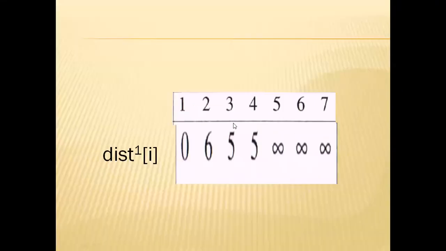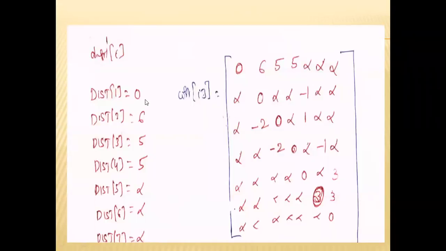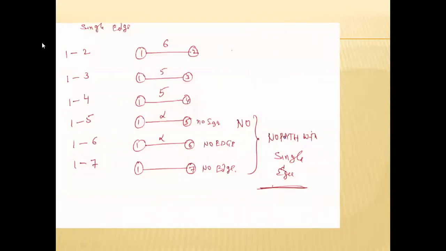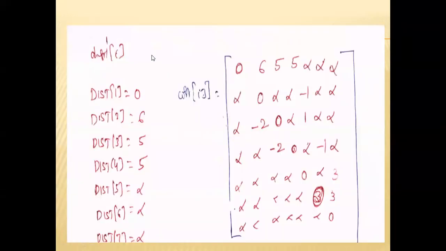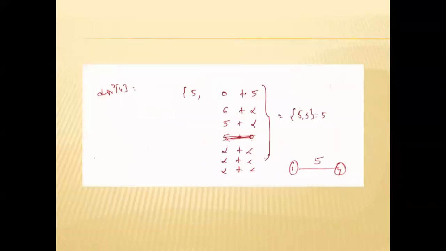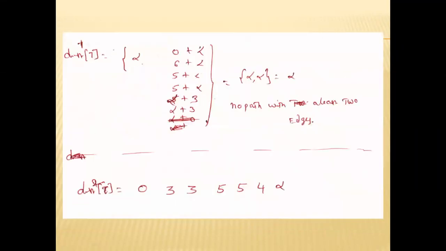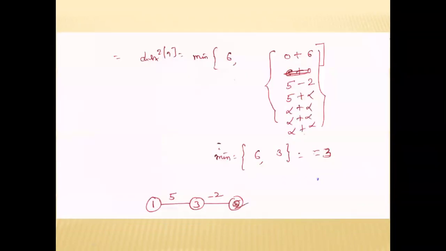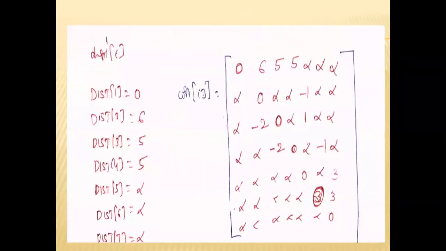Today we are discussing single source shortest path, that is, the single source shortest path by using dynamic programming. Initially, we are finding the shortest path by using a single edge. Single edge means using only a single edge. Suppose 1 to 2: that is the shortest path from 1 to 2 by using a single edge. For a given graph, we are finding the single source shortest path.